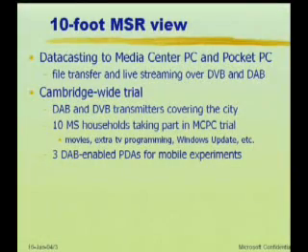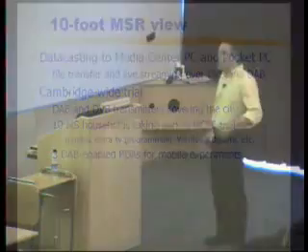Now, we're actually doing this on a fairly large scale. We're partnering with a whole bunch of people that I'll tell you about in a second. But we've actually set up DAB and DVB transmitters that will cover all of Cambridge, in fact. And some of you are probably some of these 10 households. We basically have about 10 households from MSRC that are taking part in this trial. They're going to have Media Center PCs, and we'll have occasional access to these DAB-enabled PDAs to try out the applications that we're going to build on top of this datacasting architecture. And once again, I'll talk more about what that will be, but we'll be sending things like movies, additional TV programming, possibly Windows Update and stuff over the airwaves, as it were.